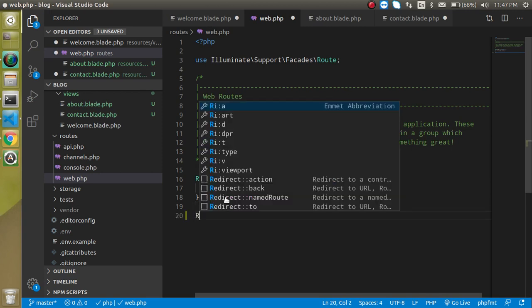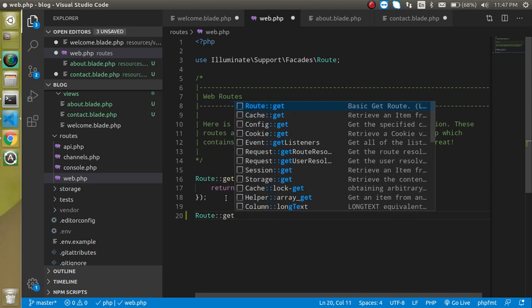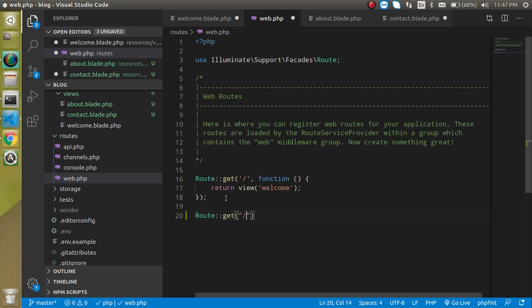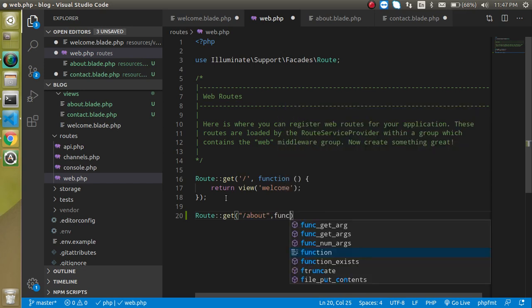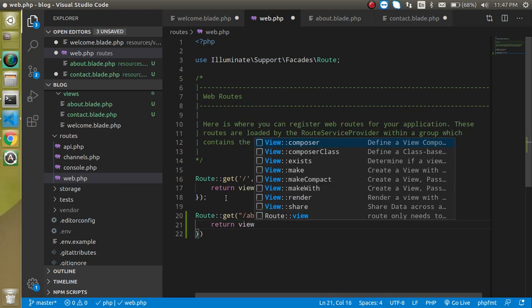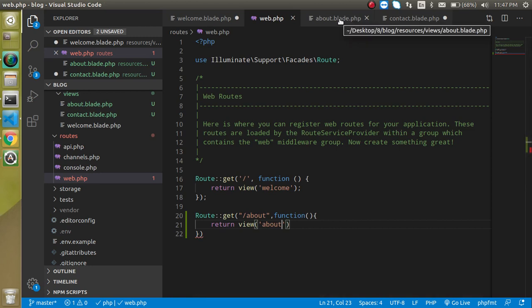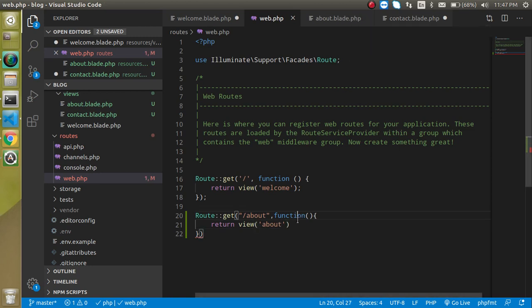So you can simply write here Route::get, and then put a route like about, then put here a function, and just return view, and the view name. What is our view name? About. Here you can see that you don't need to mention blade.php, just put about here, right? And Laravel is smart enough to understand it.